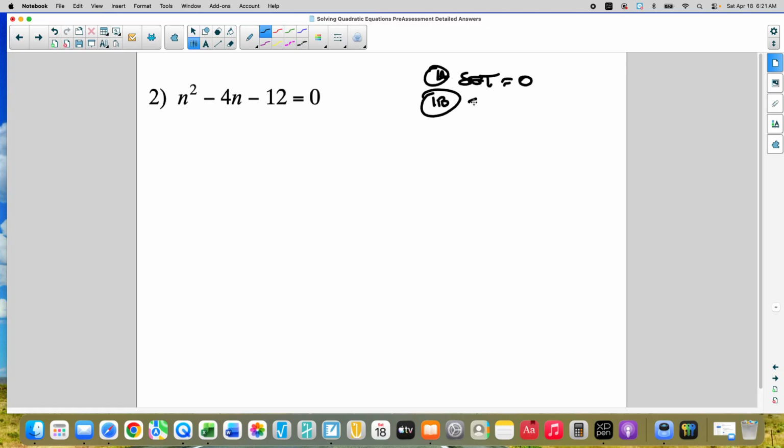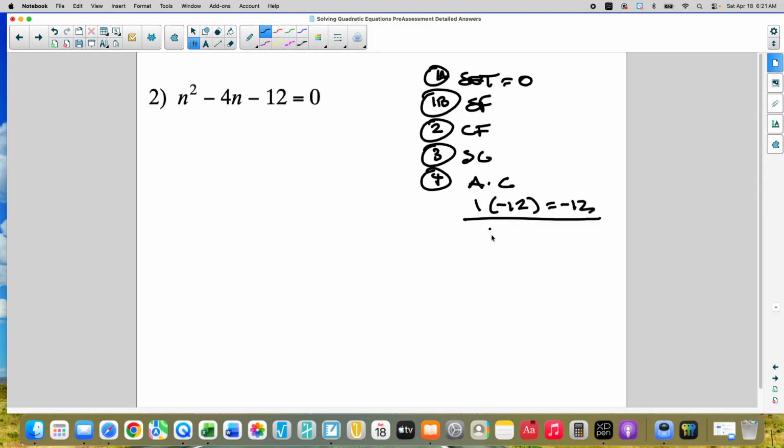1b, is it in standard form? 2, is there a common factor? 3, is it a special case, not a binomial square? And 4, a times c. So my a is 1, my c is negative 12, equals negative 12. 1 times 12, 2 times 6, 3 times 4. The signs are different,